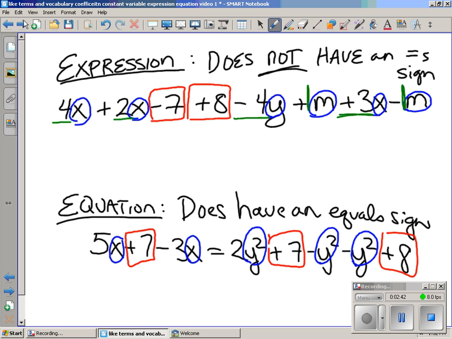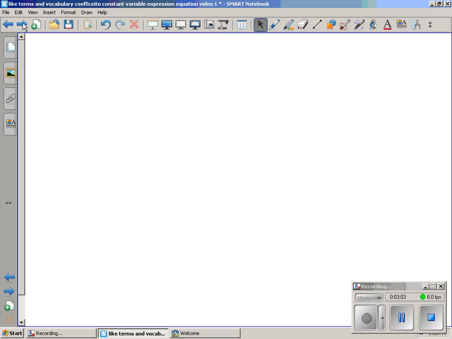And then the coefficients are the numbers in front of the variable, or the number being multiplied by the variable. So that would be the 5. That would be the -3. The coefficient of y squared is 2. The coefficient of this y squared is -1. And the coefficient of this y squared is also -1. Every variable has a coefficient. Let's go ahead and write these words down